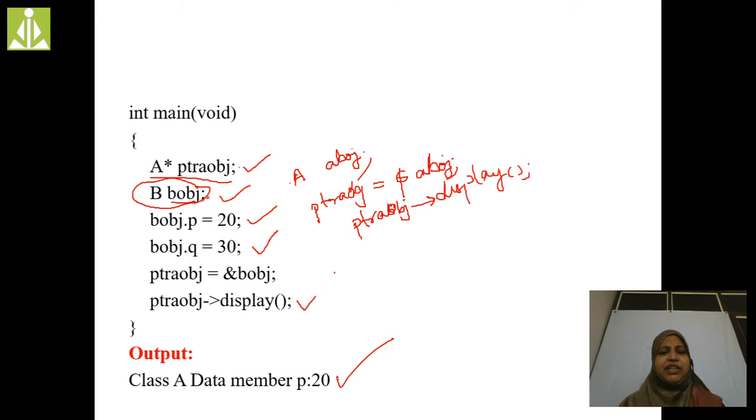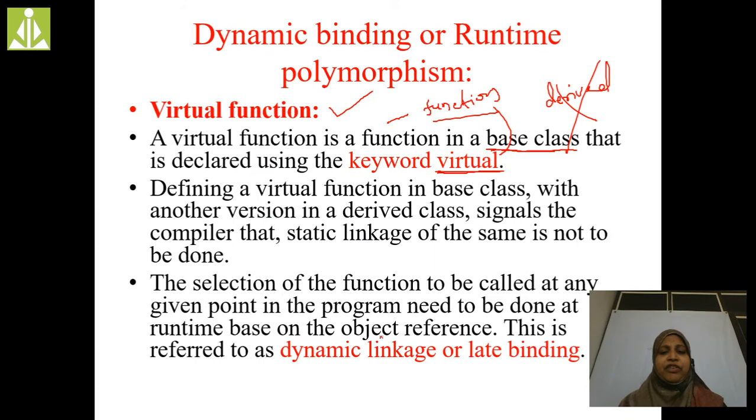Depending upon the object we are going to call the function, in the same way here. Whenever we are going to perform the dynamic binding, we have to use the virtual functions. Without using the virtual function, we can't perform the dynamic binding. In general, virtual functions follow each and every property of a method, but we have to use one keyword, that is virtual, before the function name. We have to put the virtual keyword.